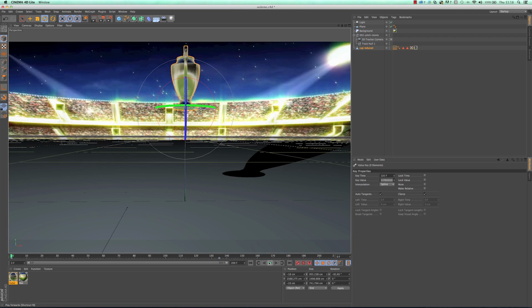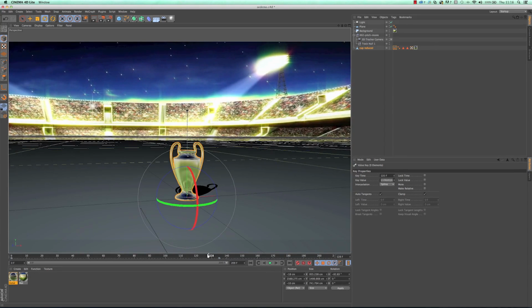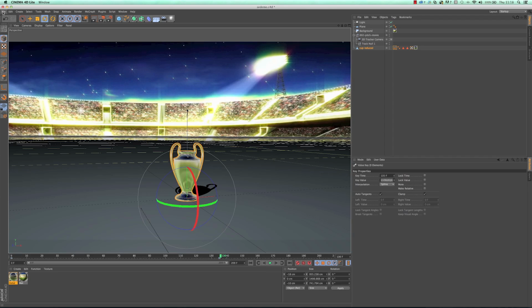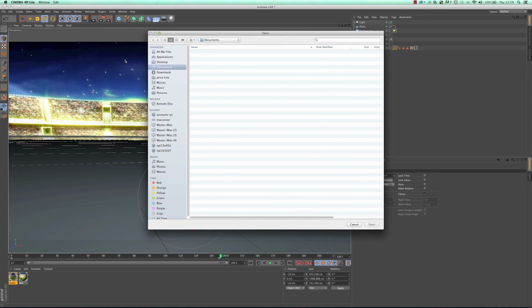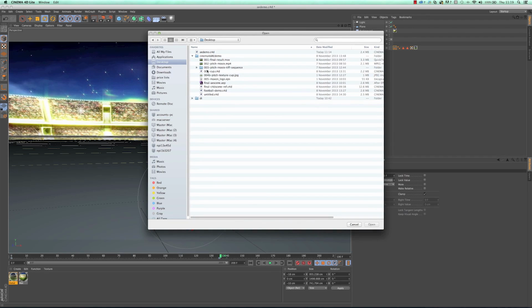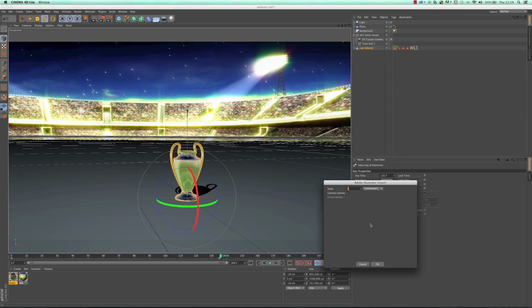The second most popular thing is to work with logos. So many people want to create a 3D logo, and that's really simple as well. So what I'm going to do in this case, I'll just move to there in the timeline just so we can see what's going on, and I'm going to bring in a logo. To do that, use the merge command. A merge command will basically allow you to add stuff to this scene rather than open it into a new scene. So I'm going to merge, and I'm going to go to the desktop again, and I'm going to use an EPS logo. So Cinema 4D can load in EPS logos, so if you've created stuff with Illustrator, you can get this in quite nicely. So there's my EPS, and I choose open.